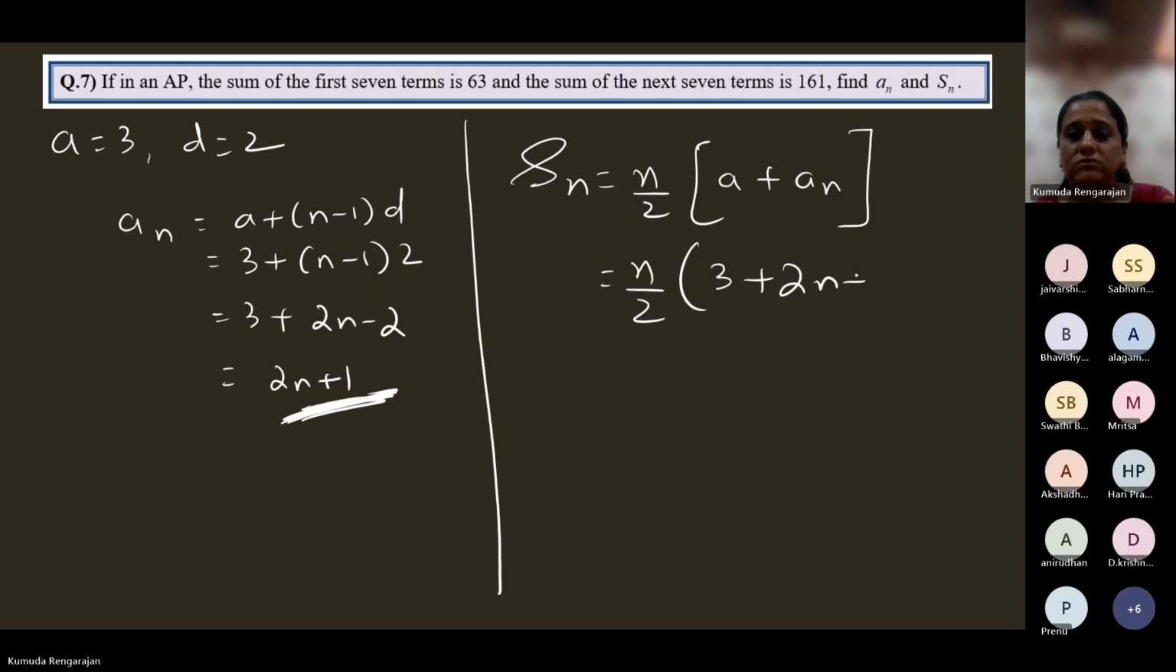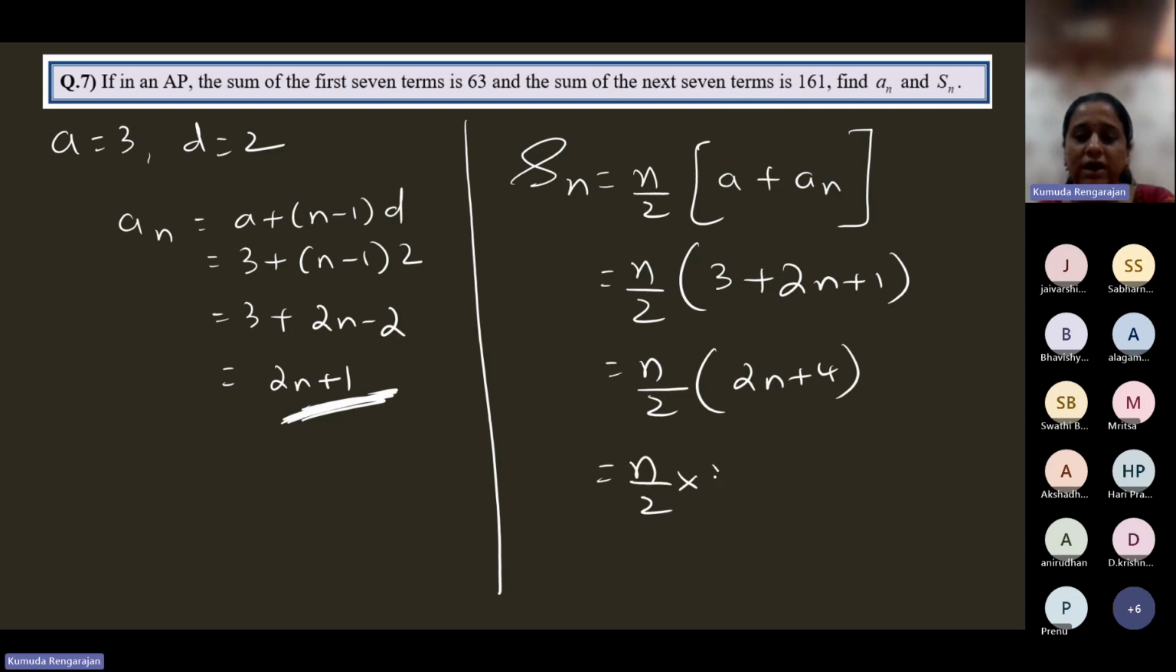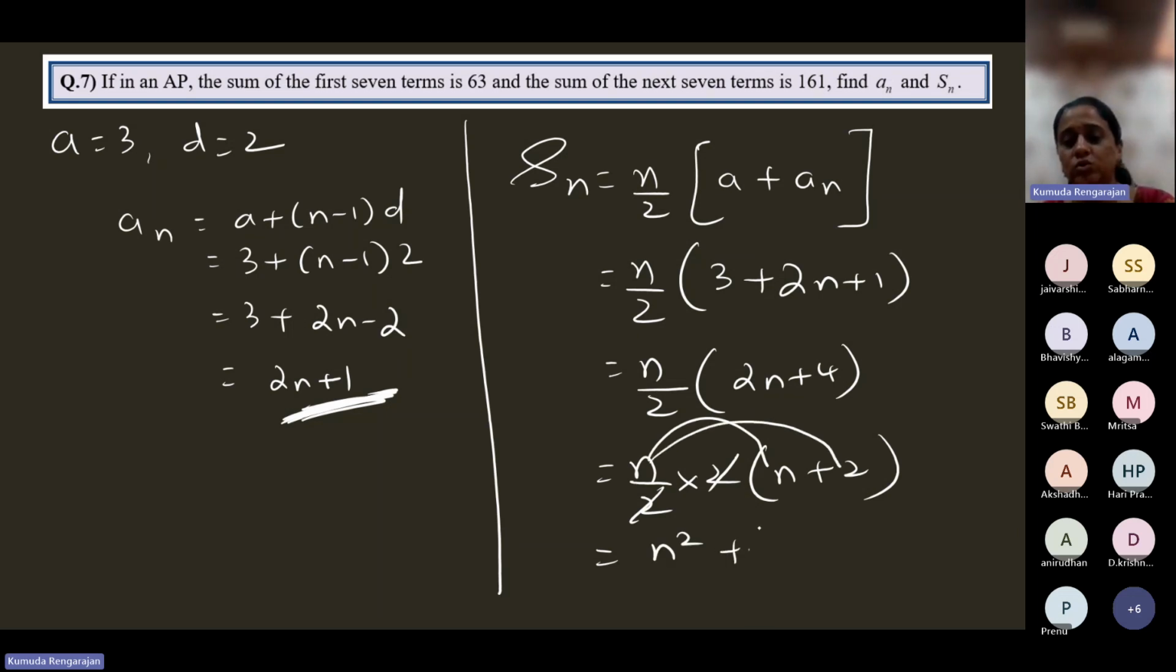2n plus 1. So it's n by 2 into 2n plus 4. 2 common in the bracket. Okay, so we have n plus 2. 2 and 2 get cancelled. n into n is n squared plus n into 2n, n squared plus 2n. So if you want to find the sum to the first 1000 terms of this AP,